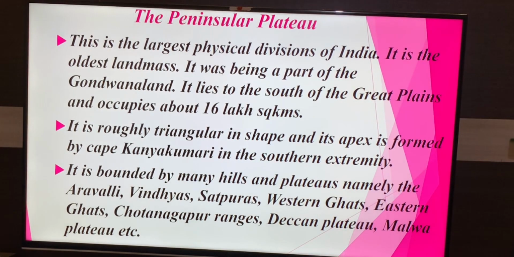It is roughly triangular in shape. Its apex is formed by Cape Kanyakumari in the southern extremity. It is bounded by many hills and plateaus, namely the Aravalli, Vindhyas, Satpura, Western Ghats, Eastern Ghats, Chota Nagpur ranges,